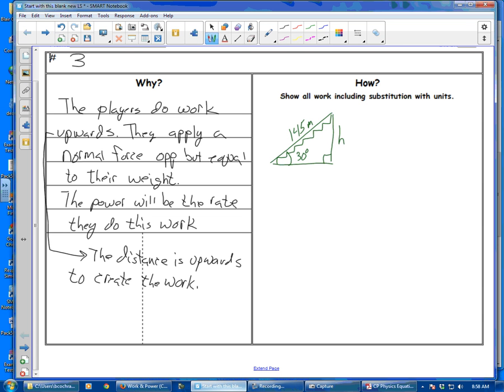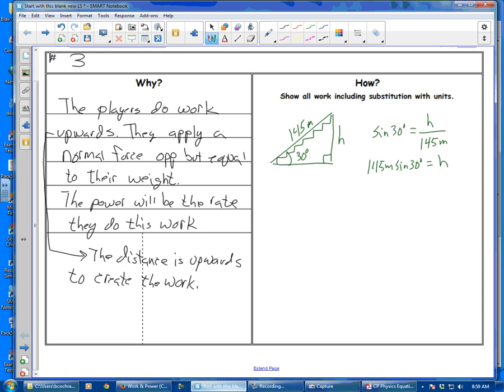And since I'm in a triangle, I remember my SOHCAHTOA. And I say, okay, well then sine of 30 degrees is opposite h over the hypotenuse, 145 meters. So 145 meters sine 30 degrees will equal h. And that will be the height that they